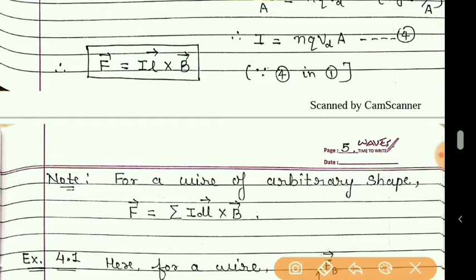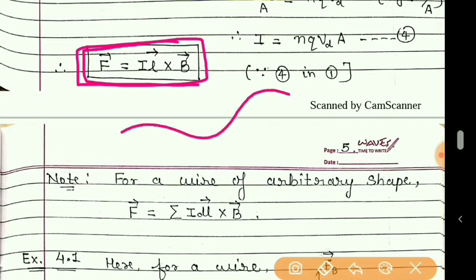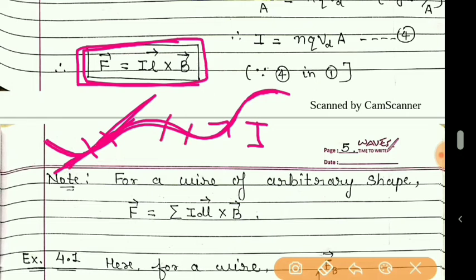Students, this formula is for a straight wire carrying current, but if the wire carrying current is arbitrary like this, then in such a wire the current flowing will be the same in each and every part, but the length vector L will be different. You can see for this much part the length is like this, so its vector will be along this line. If we consider this other part, then the vector L will be along this direction. So we can say that IL will be different for different parts.